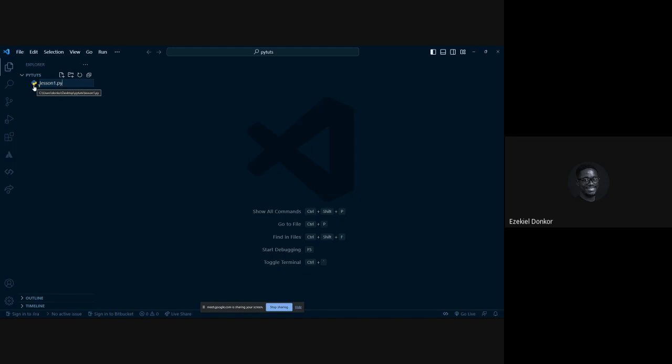Nonetheless, the icon is not important. It's the extension in which you store it. So lesson1.py, no spaces, right? And then press enter. As soon as you press enter, you should have the file open up automatically to the right of the folder, right? And then we can start storing some instructions in that file.